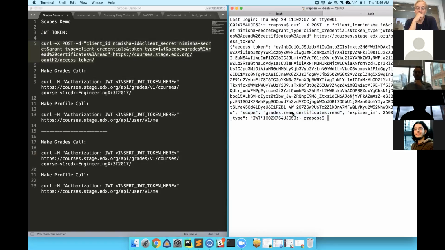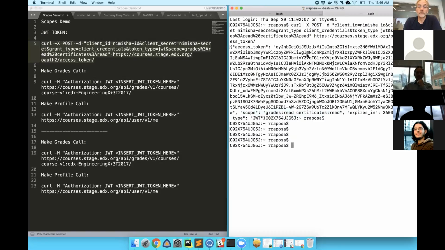As an example, Microsoft might want to get their grades out and they could get scoped access to that. So here I'm just doing an example of getting one of these JWT access tokens, and that is scoped to read grades and to read certificates.